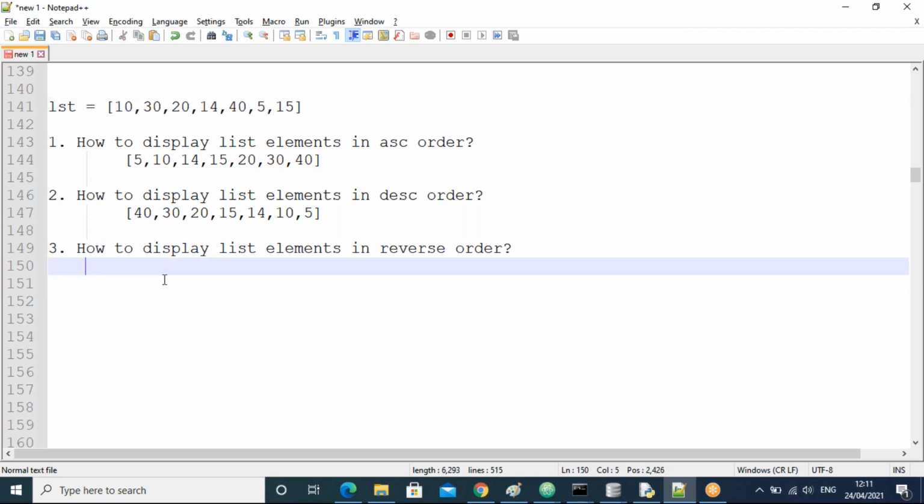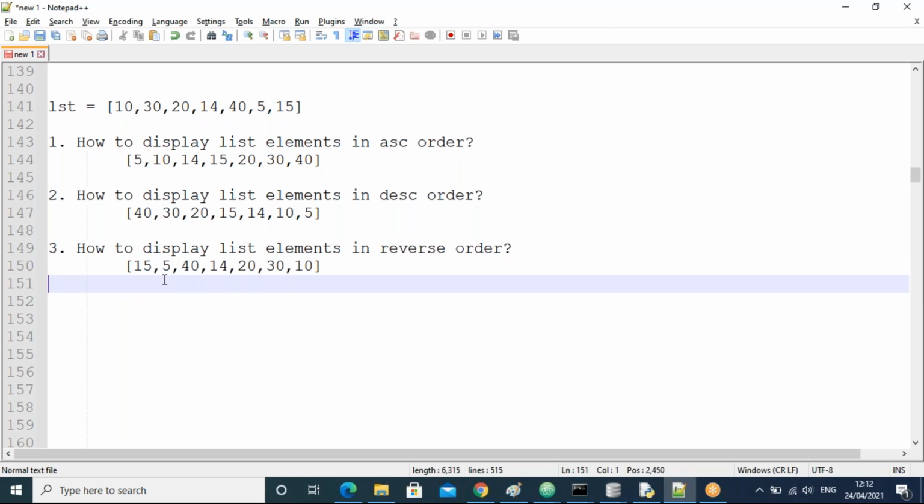Just reverse only. So first the last one, 15, then 5, then 40, then 14, then 20, 30, 10.